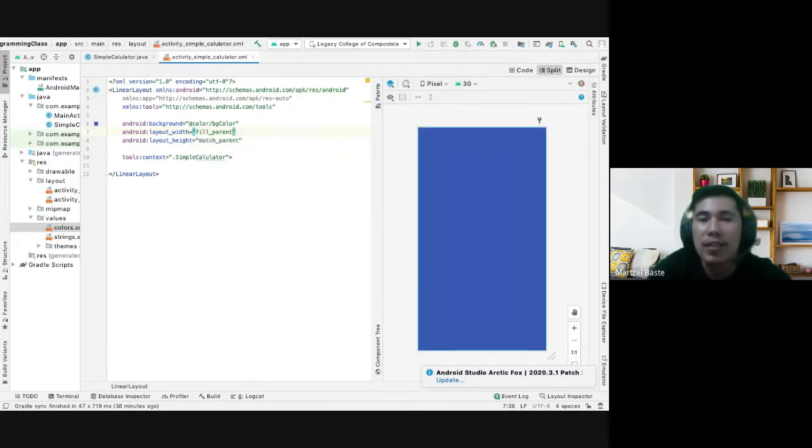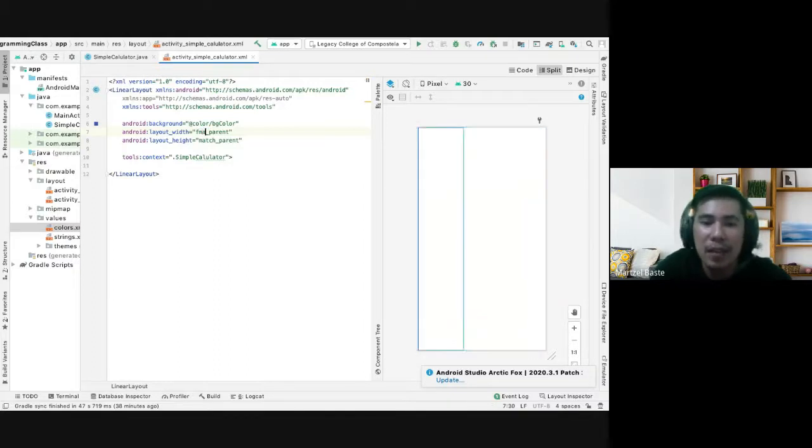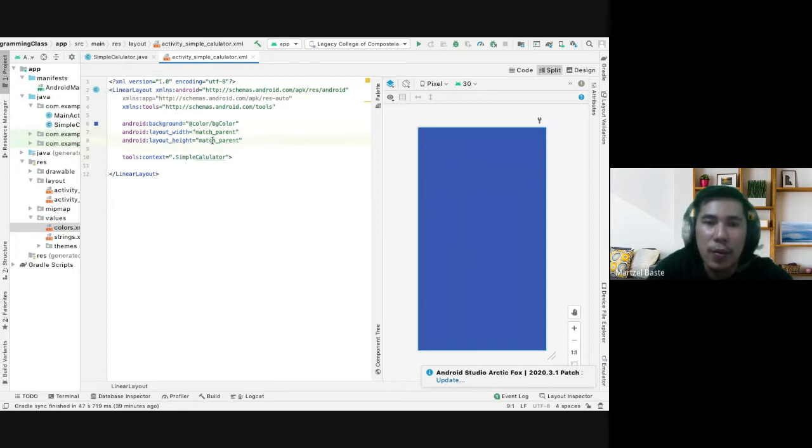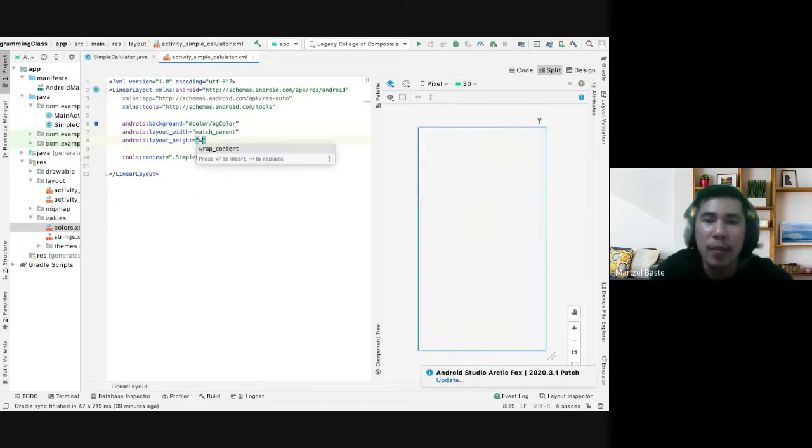But as you can see, fill parent is deprecated. It's not removed, but you can still use fill parent or match parent, either way. Anyway, match parent and fill parent are just the same. For this, you can also do wrap content here, or something like